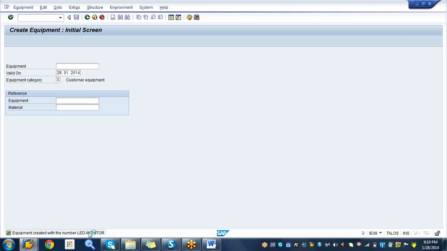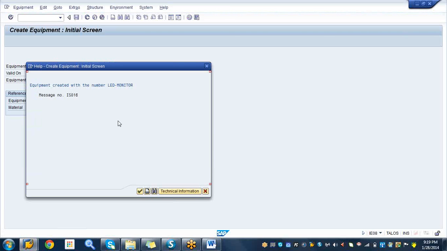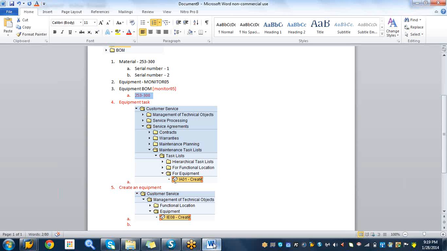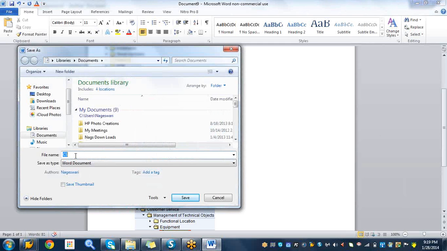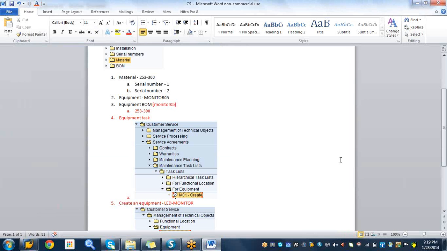So LED monitor is created. Control Y, Control C, Control V. Create an equipment. Okay, LED monitor. Very good. So that's the CS. Next time, save. Okay, so that should be it. I'm going to close